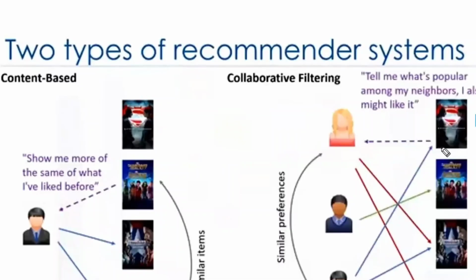So see here, this person is interested in this one. This person is interested in this one. This person is interested in this one. He has already given good ratings for both of these. And this particular girl has given the same ratings for both of them. Means these two people have the same taste. Since both of them have the same taste, this person is interested in this one, so automatically this girl will also be interested in this one. Having similar preferences is called collaborative filtering. Is that clear?